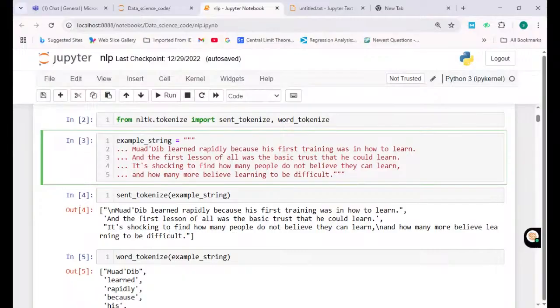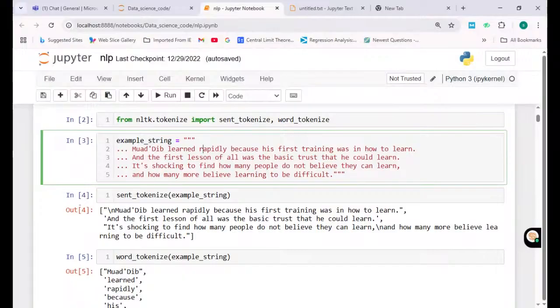module which is called tokenize. Because in this tokenize module, we have the methods called sent_tokenize and word_tokenize. Sent tokenize means breaking down the entire corpus. Corpus means the collection of sentences, right? First, the entire corpus breaks down into sentences, and then those sentences we break down into words, which we call